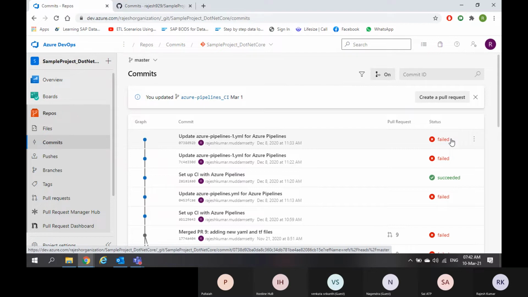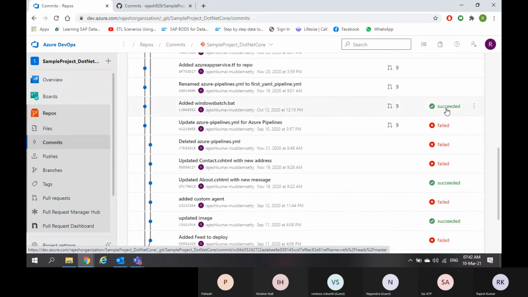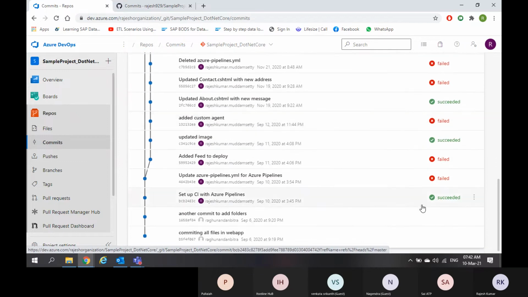Why do you run a build? To verify whether the code is right or wrong. If the code is wrong, then you will tell them that something is wrong in your code. If the code is good, then you will see succeeded. Here I am seeing succeeded, here I am seeing failed. That means something is wrong on this commit. There are some succeeded, failed, succeeded, failed. Wherever there is no succeeded button, that means they have not validated this commit with a build.